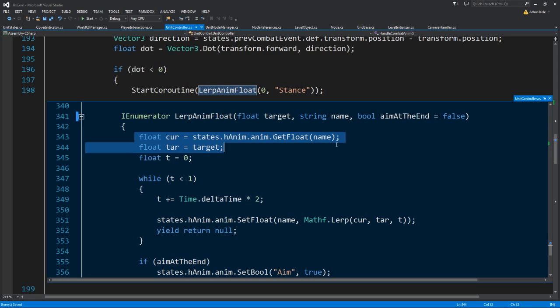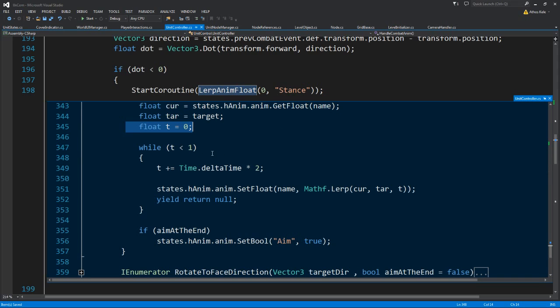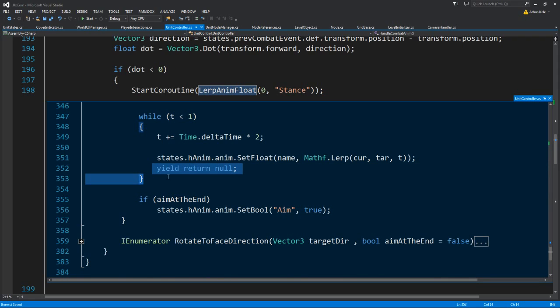So it comes over here, it gets the float with the name we are passing from the animator, it assigns the target we want this float to be, initializes the t, and while t is lower than 1, it starts adding to the t, and it sets the float with the name we are passing. It basically lerps from the current to the target based on t. Here we return null until this is complete,